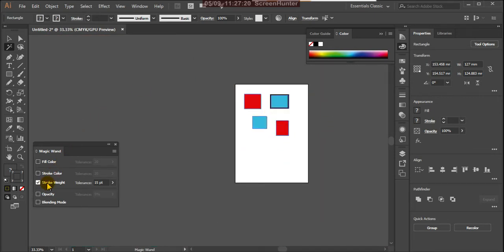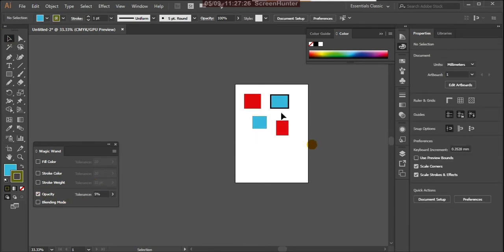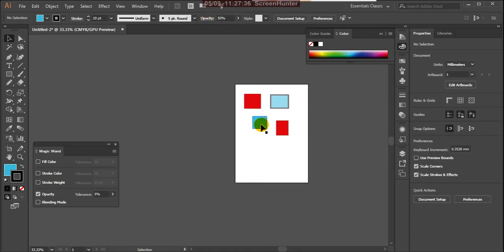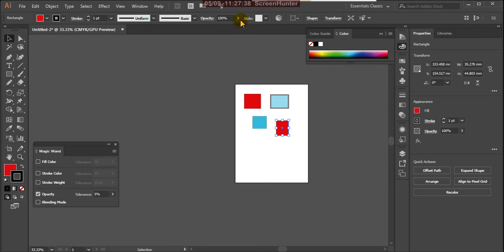Okay, in the same way, the opacity levels. Suppose you see the opacity, this one is 50, and you select this one, 50.